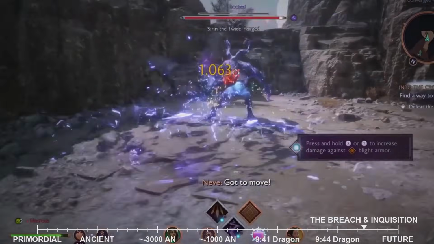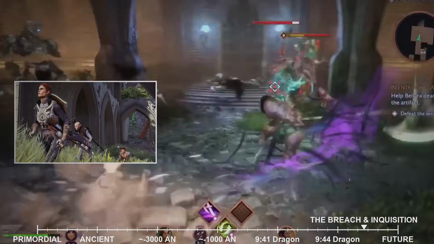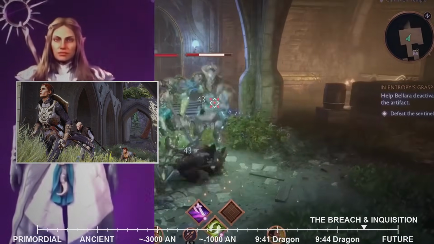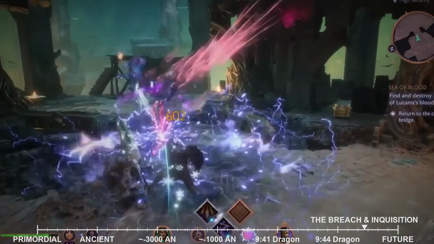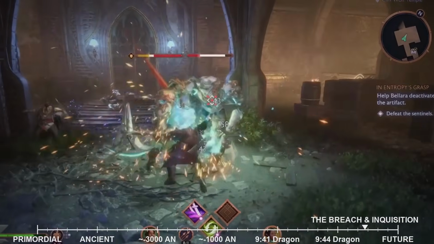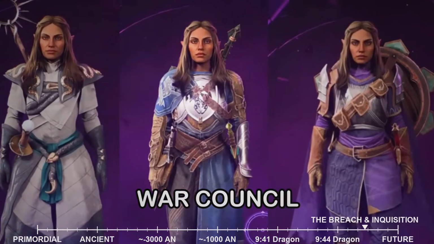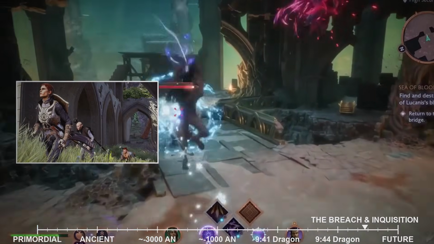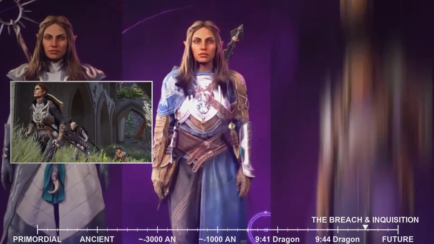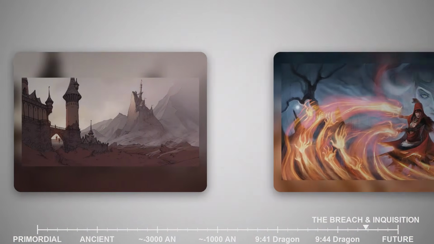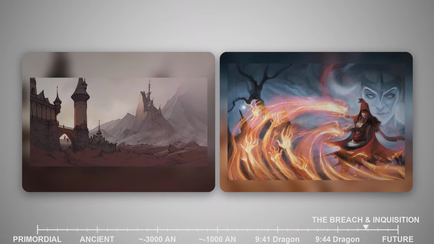The mark, once a symbol of their power and purpose, now becomes a ticking time bomb, a constant reminder of the sacrifices made. In the aftermath of Corypheus's defeat and the Inquisitor's worsening condition, the Inquisition holds a final war council. This gathering of the Inquisition's most trusted advisors, including Cullen, Josephine, Leliana, and others, is a somber yet pivotal moment. The immediate threat has been neutralized, but the future of Thedas remains uncertain.